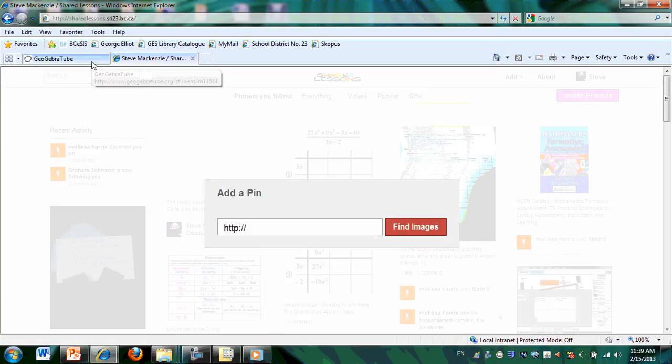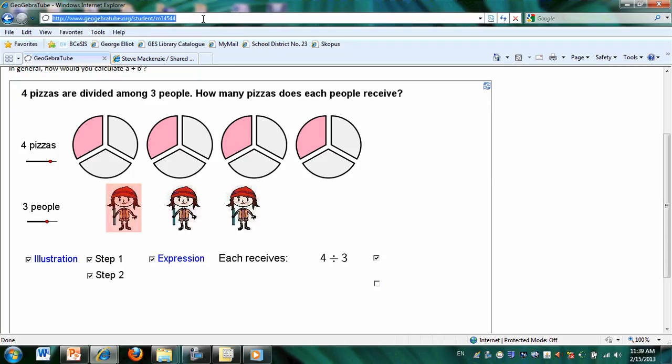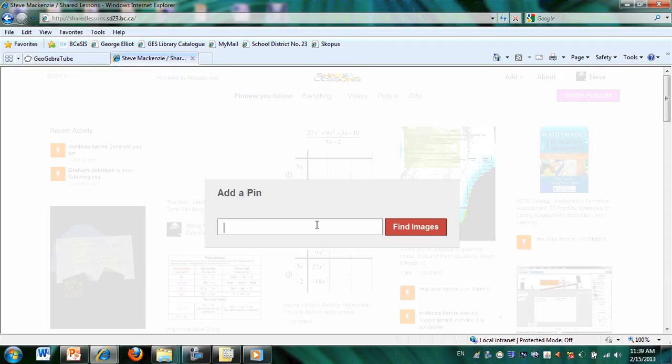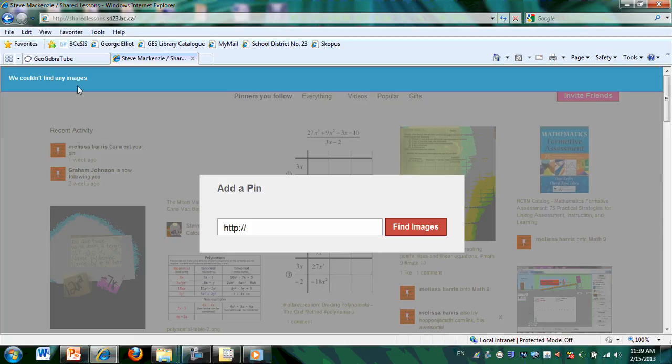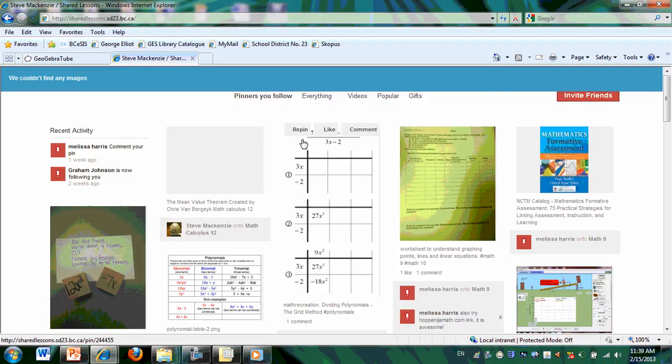It says, where's the site? I go back, highlight the URL, Control-C to copy it, Control-V to paste it, and it says it can't find an image. Even though there's pictures on the site, sometimes with Java and things like that, you can't pull the image out. It can't be separated from the program. So I need a different way